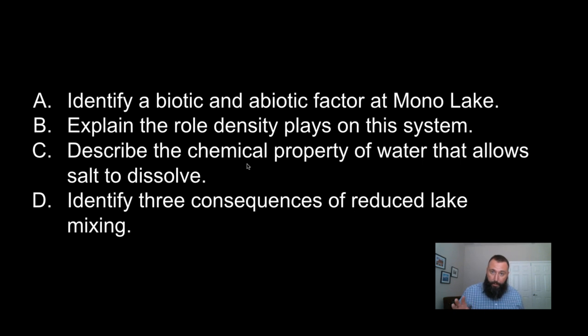So what's going to happen because of that, right? If you don't have that mixture, then you're not going to have as much algae, because those algae require and need those nutrients mixing, and they're not mixing. And so algae growth will decrease. Another effect of that then would be that the brine shrimp and fly, and even maybe the populations of birds, are going to be affected too. You decrease their food source, everyone else's food source